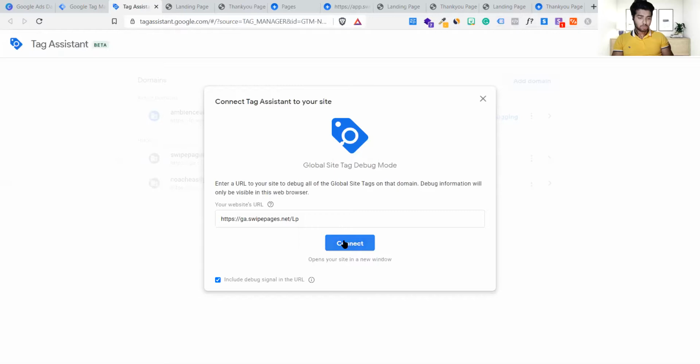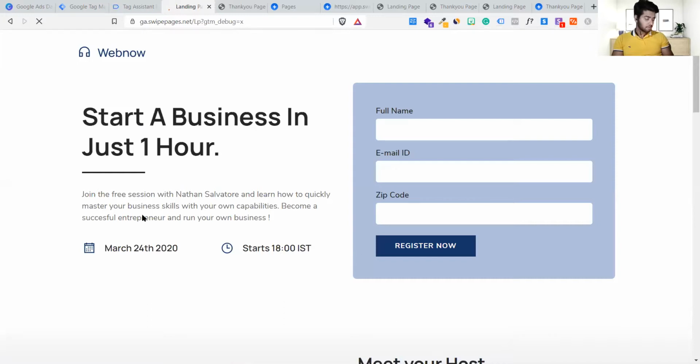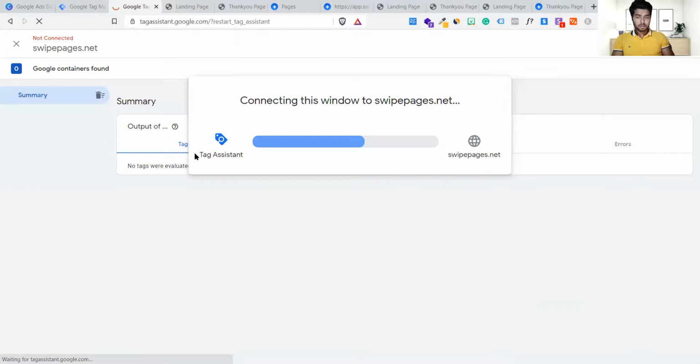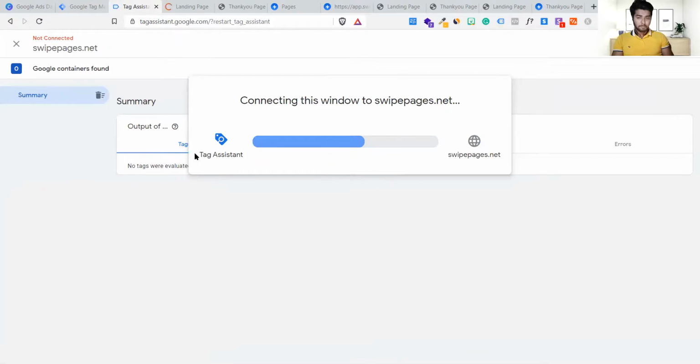It is supposed to run it because earlier it was working fine. Okay, I have to add it to tag assistant. Or else what I can do, I can try with some different browser. I think that would be better. See, this is the important thing to check out, because if you know this part, no one can stop you again, because it's super technical, but fun to do.